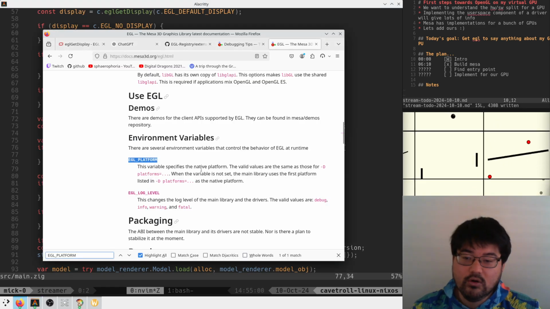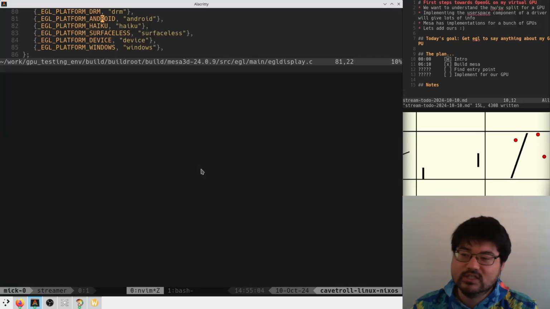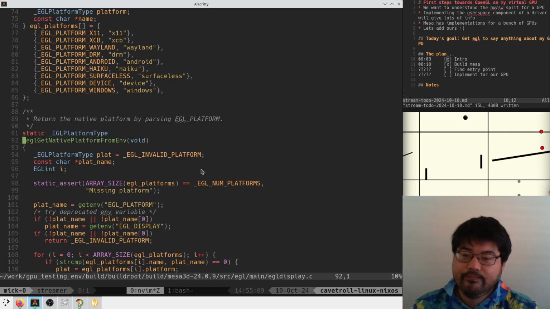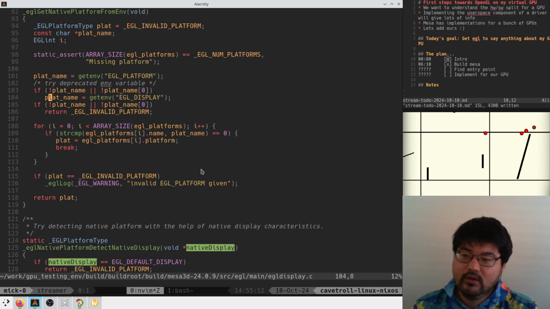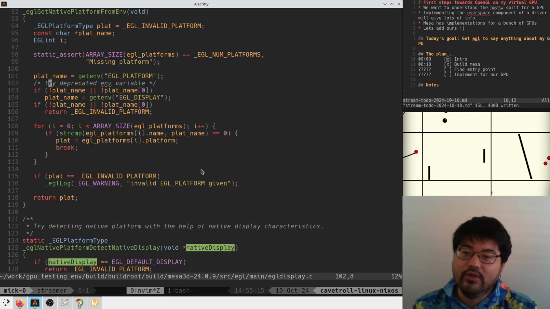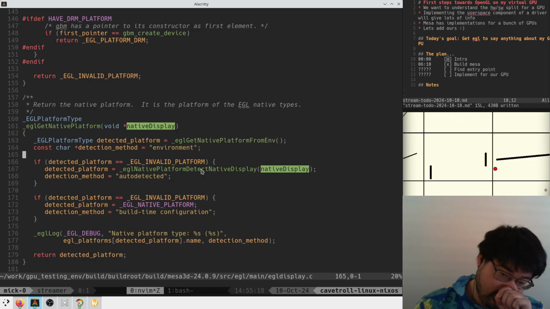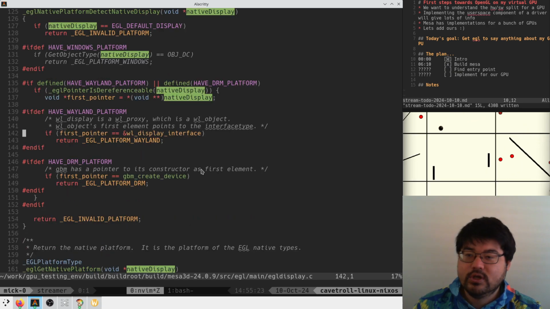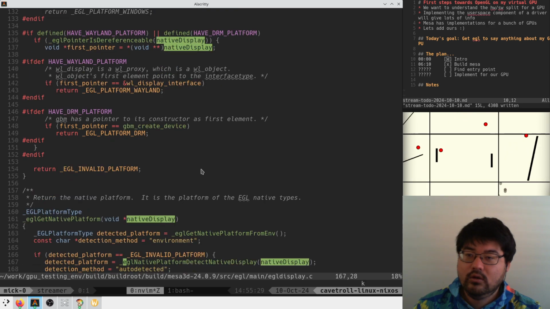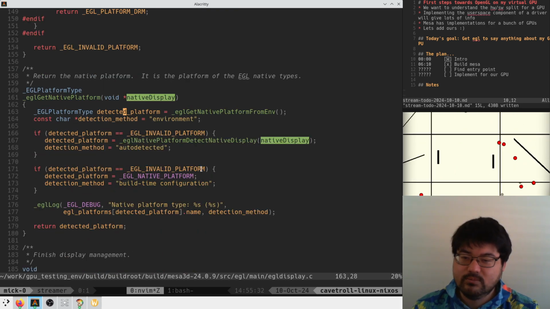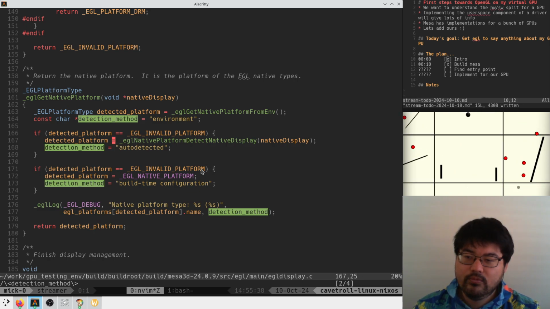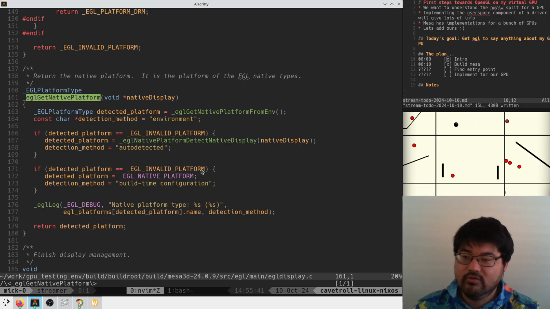Now, it looks like there's also the ability for us to specify a display by default. Right? There's EGL display. Oh, that's deprecated. Okay. How do we get it to pick which card then? Right? How do we get to pick which card? So here we're going to be on... Sorry, let's look again at this code. So we have a detect platform, which means that we're chilling at this point. So that means the caller of this,